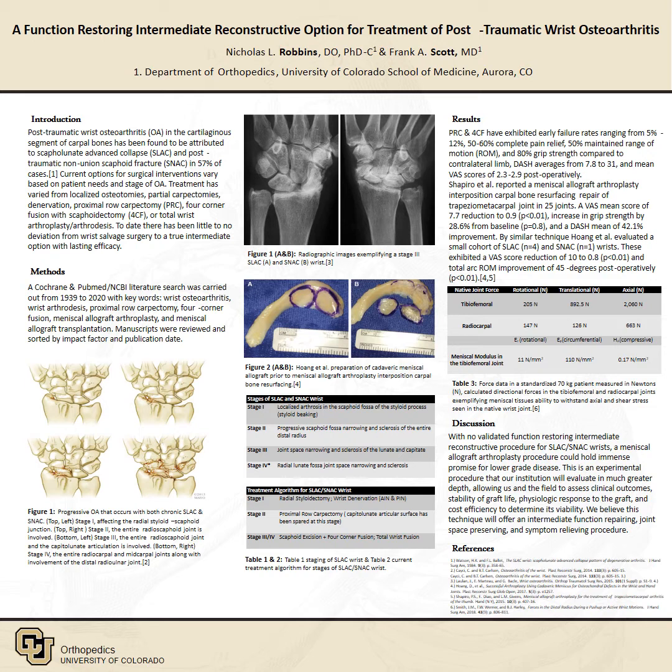By similar technique, Huang et al. evaluated a small cohort of SLAC and SNAC wrists. These exhibited a VAS score reduction of 10 to 0.8, p-value of less than 0.01, and a total arc range of motion improvement of 45 degrees postoperatively with 15 degrees of flexion and 30 degrees of extension, exhibiting a p-value